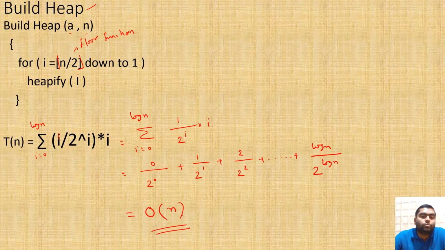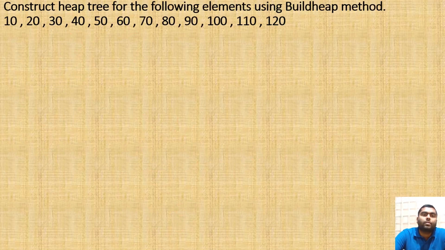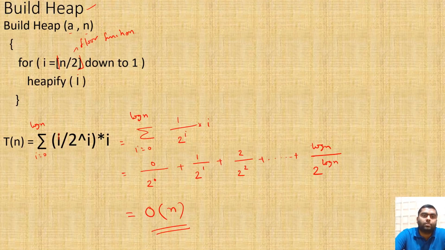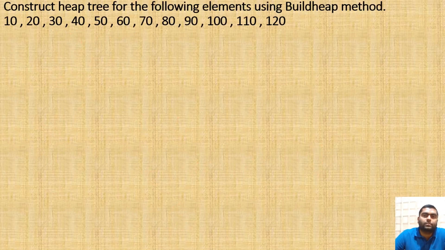Okay, so the build heap method for creating a heap, whether it is max heap or min heap, takes order of n time for n keys. Whereas the one-after-another method we saw at the start, to create a max or min heap with n keys, takes order of n log n time. So this is a less time consuming, more efficient method for creating a max or min heap. Now let us see how this build heap method works.